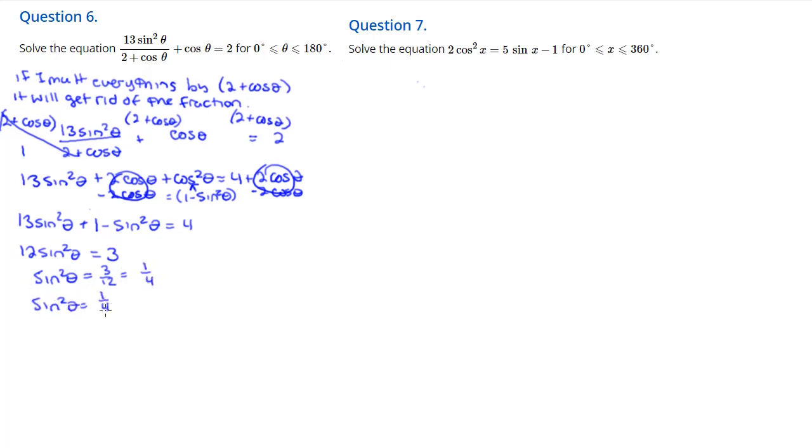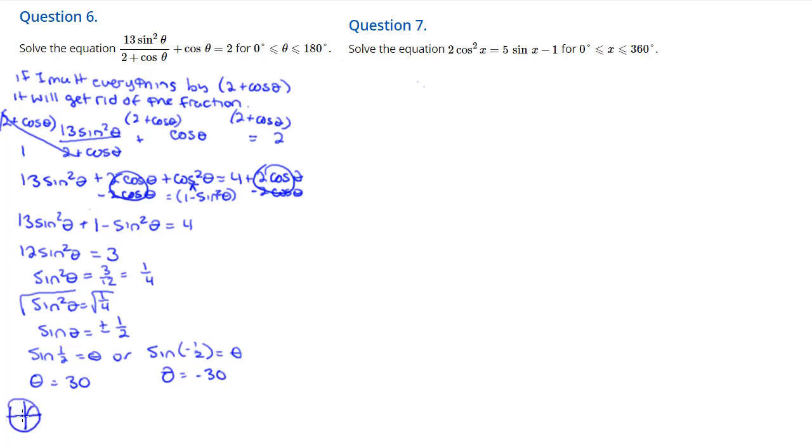If I have sine squared equal to 1/4, I have to square root both sides. That's going to give me sine is equal to plus or minus 1/2. Now keep in mind, I've got to do both, so that's going to be sine inverse of 1/2, and then sine inverse of negative 1/2. If I do this, I'm going to get 30, and if I do this, I'm going to get negative 30. And if I go across, I've got another angle of 150. If I go down here to the negative 30,